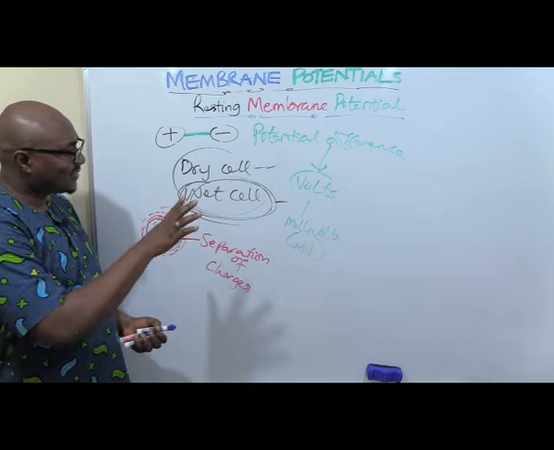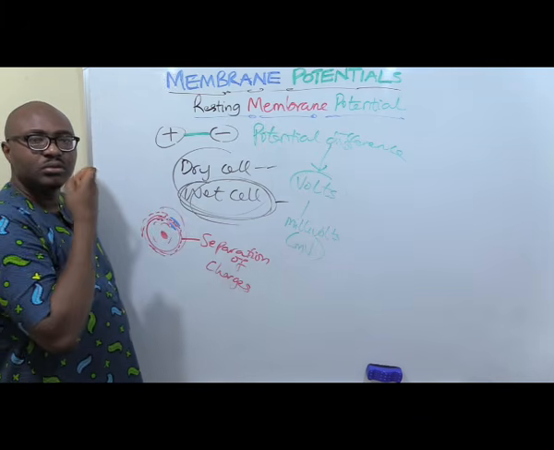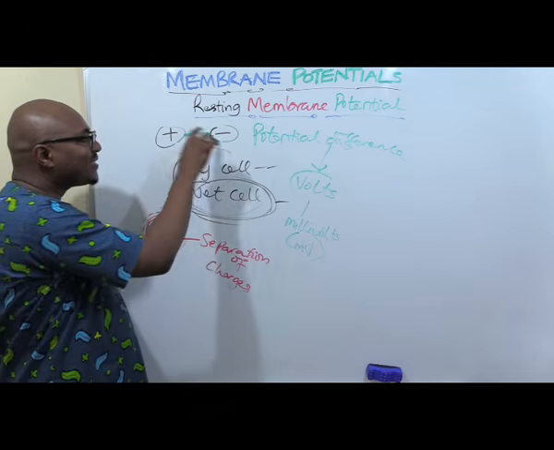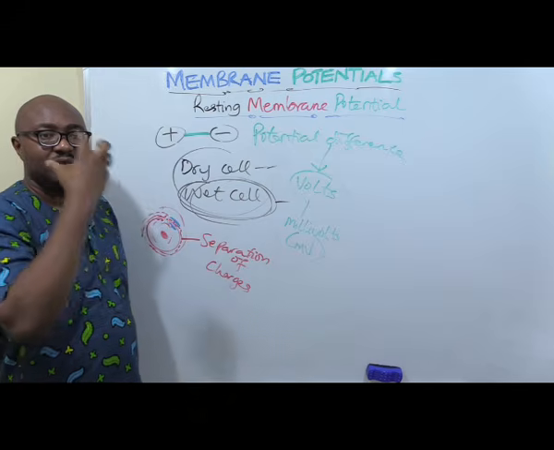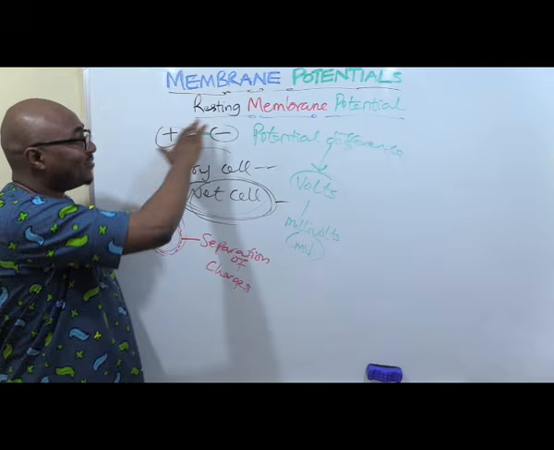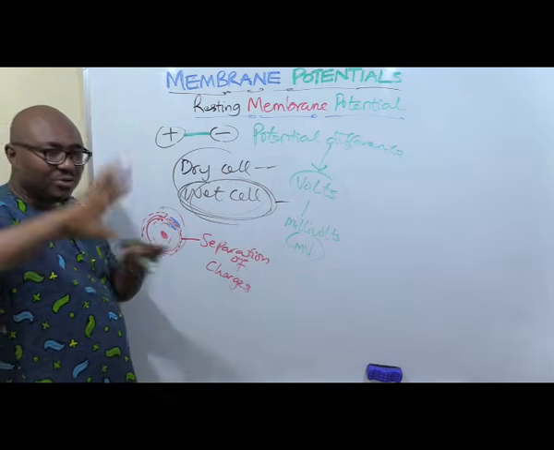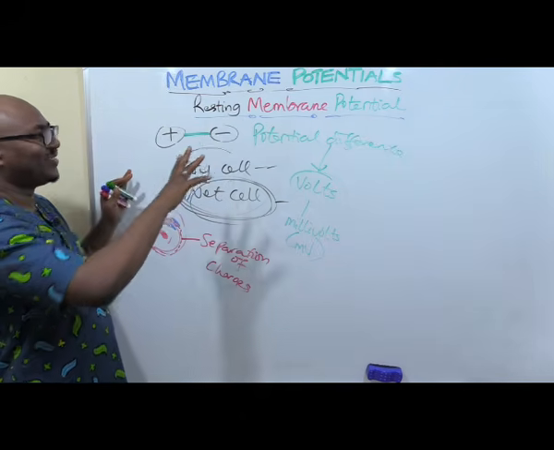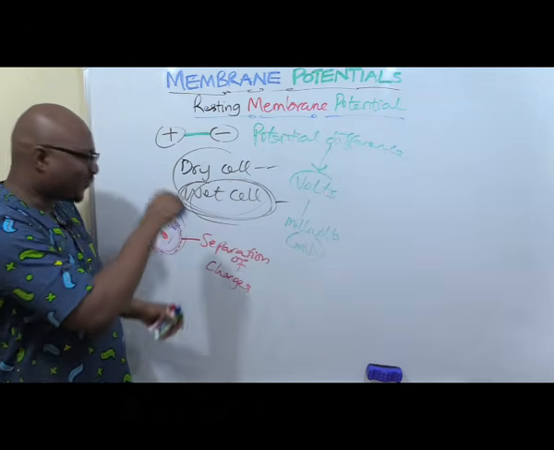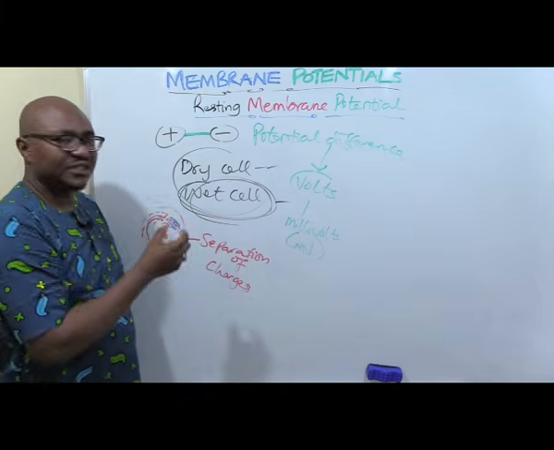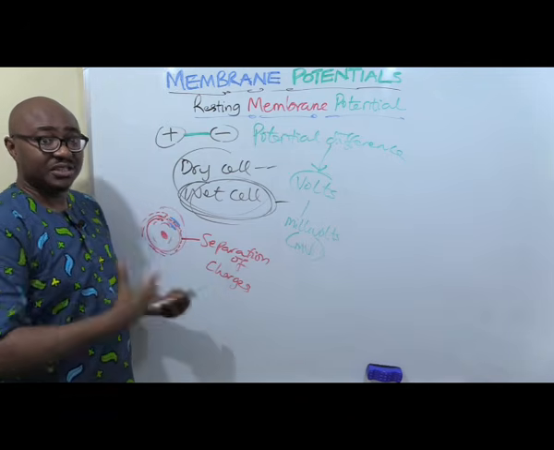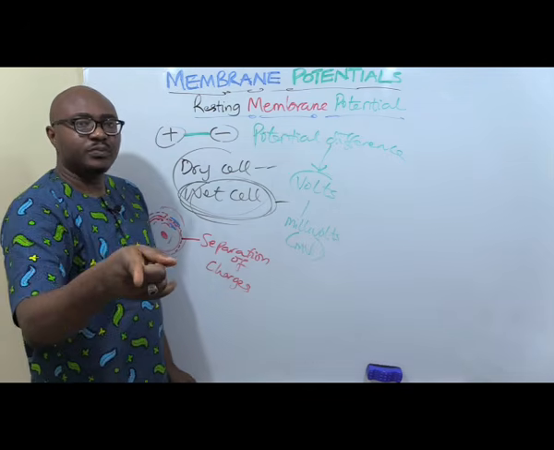Okay, so the next thing we're going to be dealing with is how. Physiology has to do with mechanisms. How is the resting membrane potential generated? Under membrane potentials, we have resting membrane potential and action potential. I'm going to be dealing with that in part 2, but now we are focusing on resting membrane potential. So after this break, we're going to go into details of how the membrane potential of the nerve cell or muscle cell applies to excitability. How are they generated? Don't go anywhere after this break.